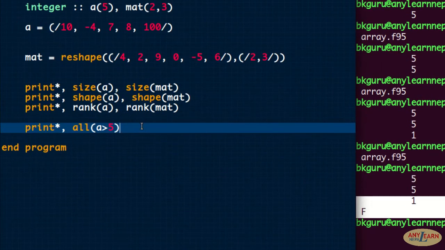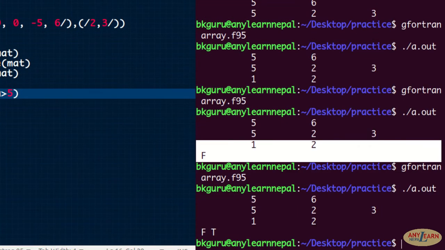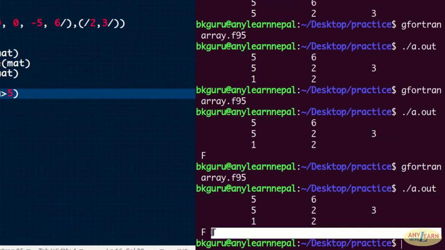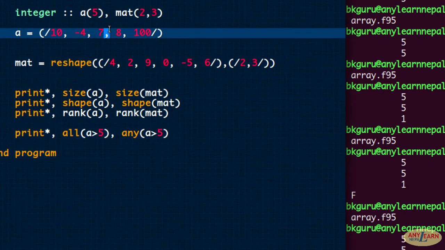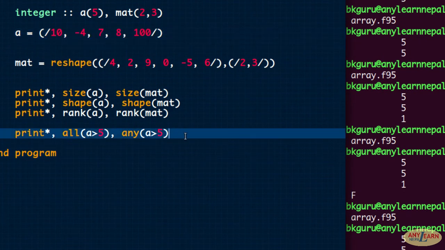Now for the same case, if I say any, A greater than 5, any checks whether any one of the members is greater than 5 or not. Let's check. Yes, it gives a true value, because 7 is greater than 5, 8, there are 4 elements which are greater than 5. So all and any work in that way, and you can do the same for the 2-dimensional array as well.